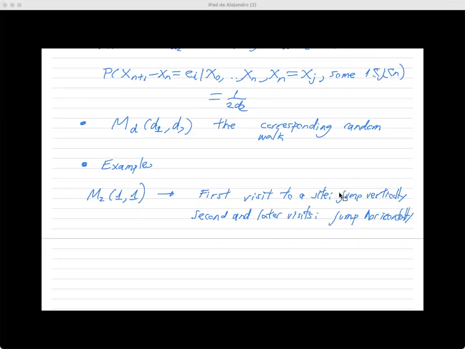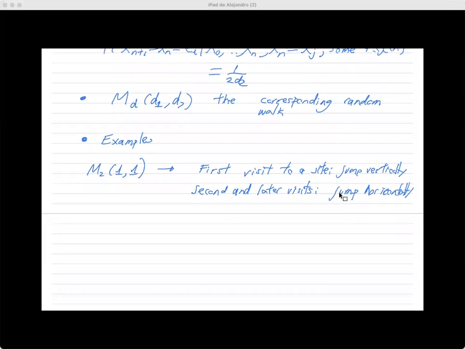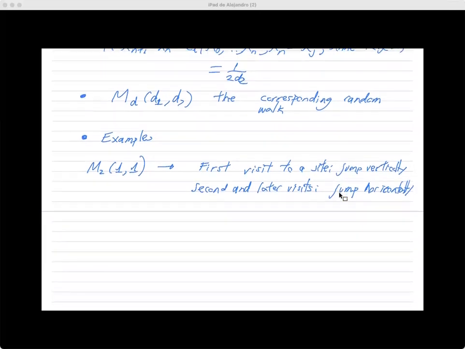I want to point out that in this definition you might have overlapping, I mean, d1 plus d2 is not necessarily equal to d. So I can consider, for example, the case M 4,3,2. This means that for first visits, I use the first 3 coordinates. For later visits, I use the last 2 coordinates, 2 dimensions.